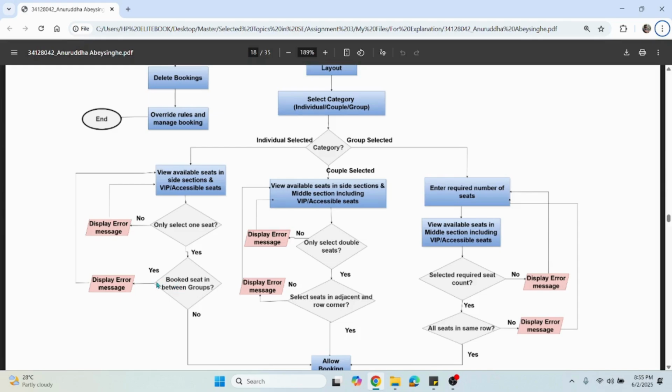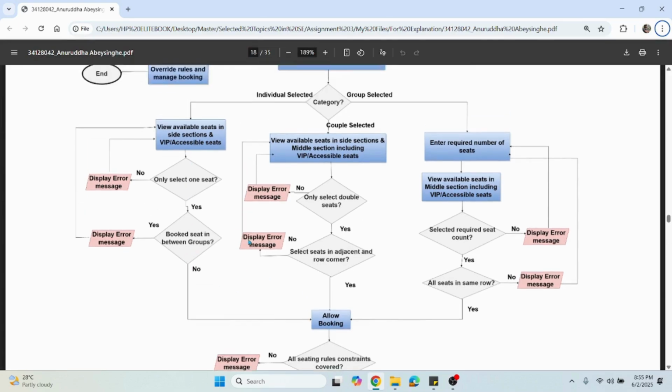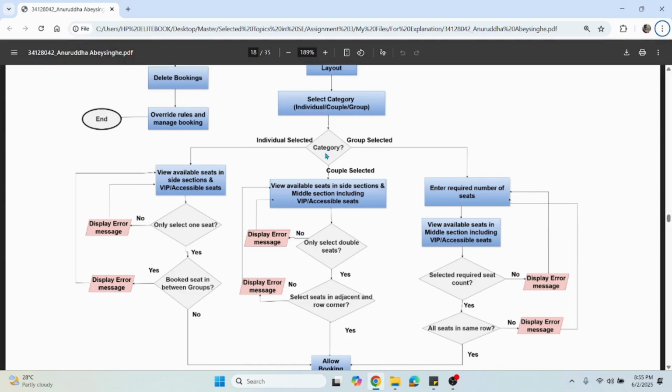If it is in the group, it's going to be visible with the error message. And if it's not, the individual category user selection allows the booking. And once we go back to the category selection, if the user selects the couples category,